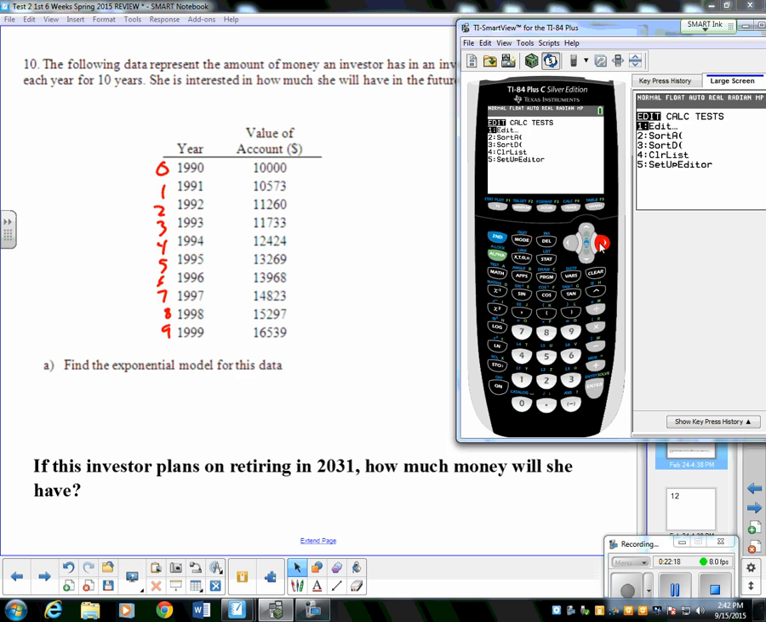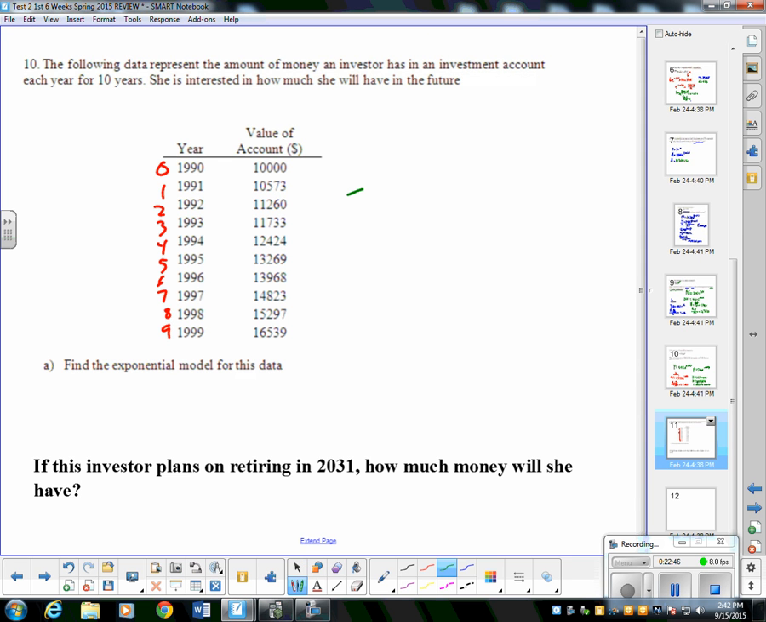is go to Stat, Calc, and then you need to scroll up or down. I'll scroll down in this case to 0, exponential regression, EXP-REG. Scroll to that one right there. Now, depending on what your calculator looks like, some people may get a screen that says X list, Y list, frequency list, like that. Others might get a screen that looks like this. It just says EXP-REG